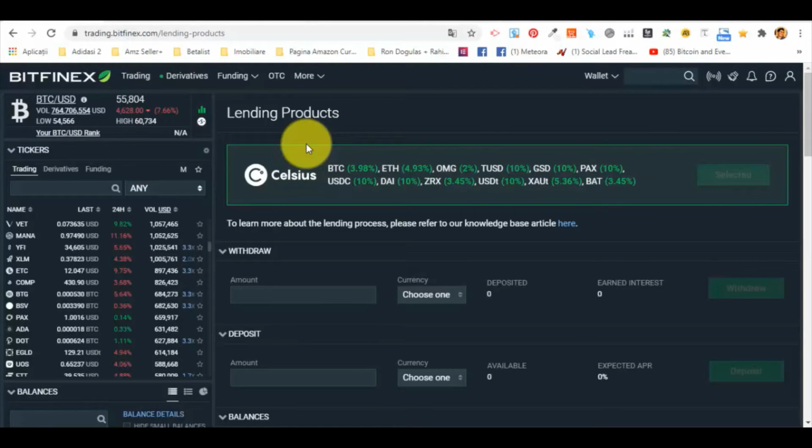Welcome to our next lecture from this course on how to create passive income from cryptocurrency. In the previous lecture we talked about staking and which platforms you can use for staking with a good margin of profit. Now in this next lecture we are going to talk about where you can earn passive income by lending